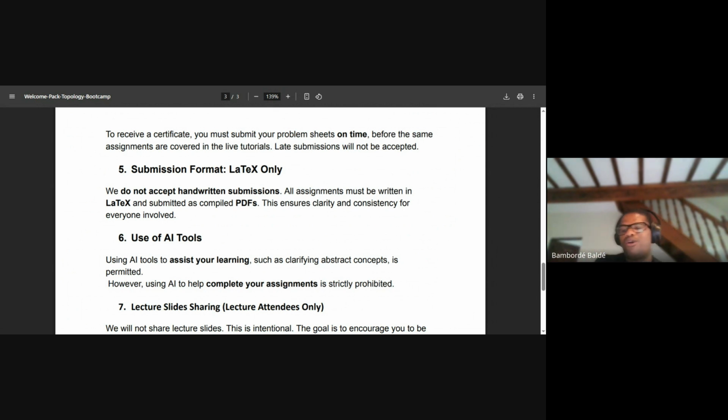By no means, it's great for you to help decode the abstract concept, but to use it in order to try to construct proofs, no, that's the red line. We will not accept it, because the purpose of this course is for you to be the mathematician, not the AI. Now, some people might argue, okay, but mathematicians are talking about proof assistants. But remember, mathematicians are already mathematicians. They are professionals. They're already thinking like mathematicians. And we want you to think like a mathematician in order to succeed in what you want to do. So part of that is you being able to complete the things without using the AI to do it for you.